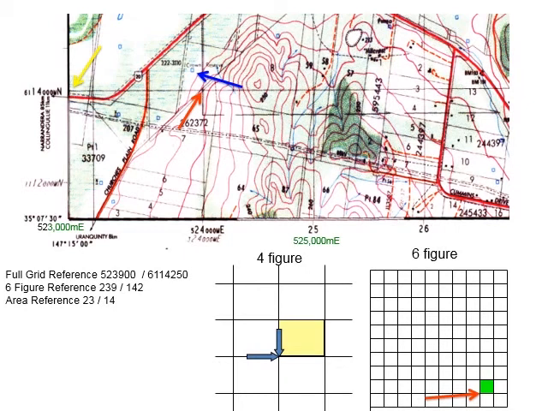Knowing the corner of the 1 kilometre grid cell is at 523,000 meters east, and knowing the reserve is roughly 900 meters further east, we can write the full easterly coordinate as